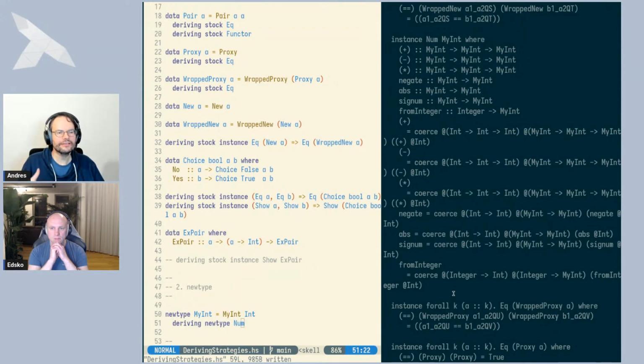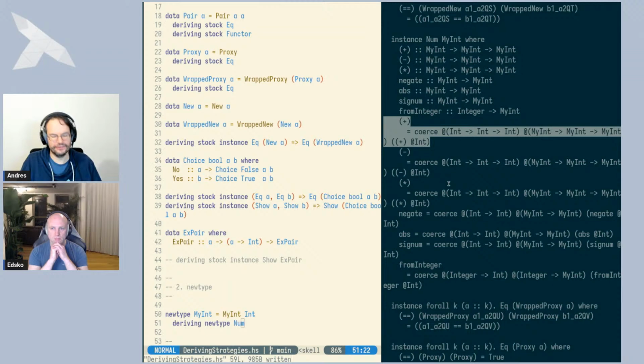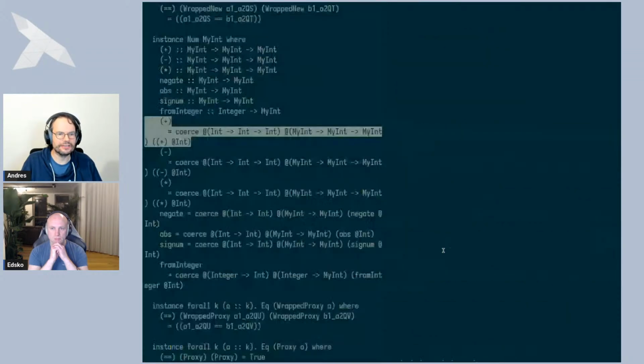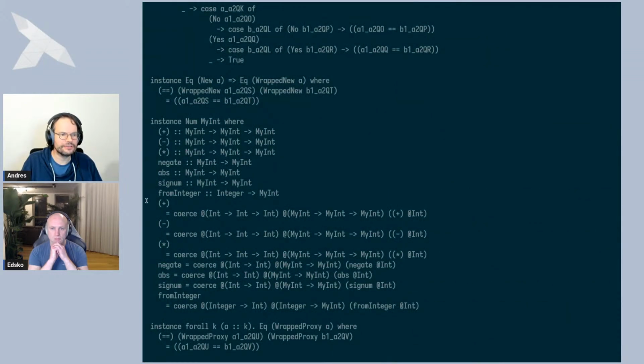So this is the Num instance that is being derived. And you can see that the generation strategy is still generating code for it. It's still checking whether the generated code actually works, and it will complain if it somehow doesn't, right? But the strategy for generated code is different. If you look at all the different methods that the Num class has, and if we zoom in, for example, on the definition of plus, and let me make that window larger for a moment,